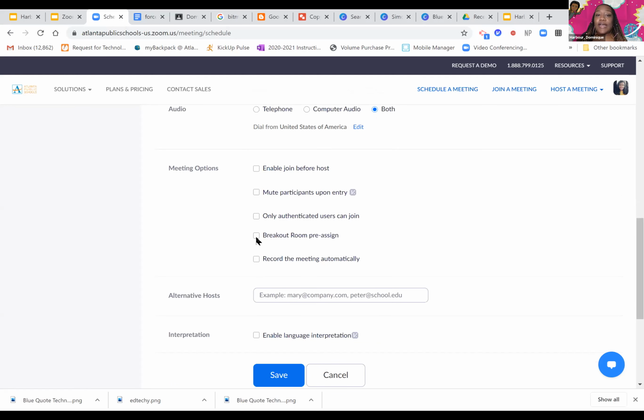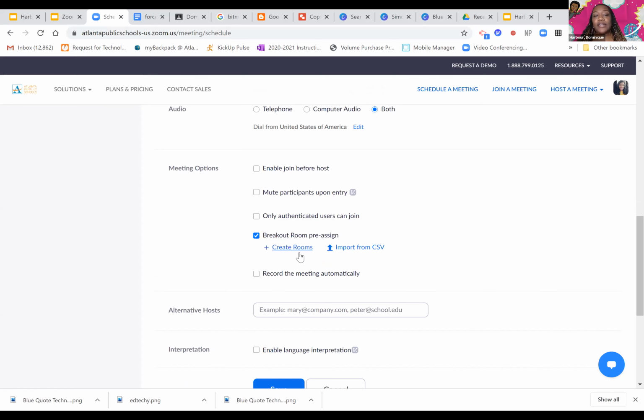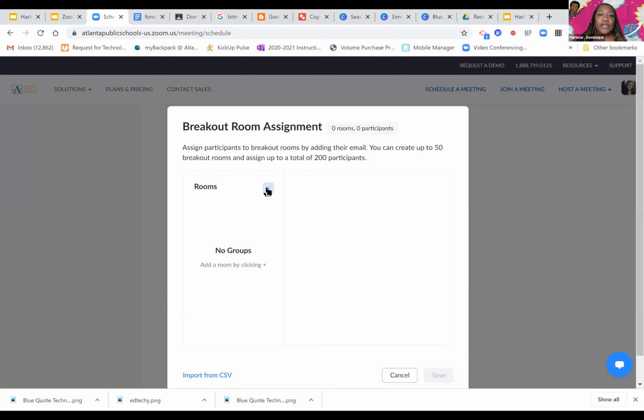Breakout room pre-assign. I'm going to go over breakout rooms a little bit later in the session, but if I click this, what this does is allow me to create breakout rooms ahead of time, as opposed to creating them while I'm in the meeting. I still have the option of doing both, but if I click create rooms, and then I click on the plus sign here,